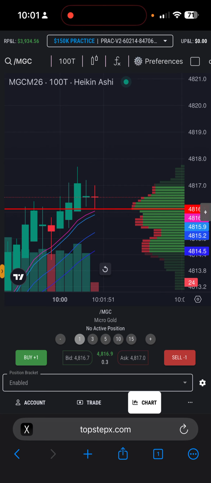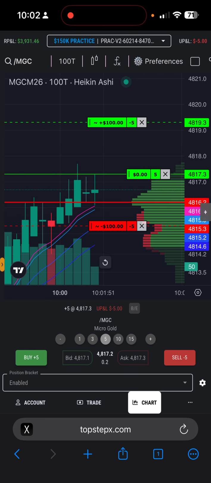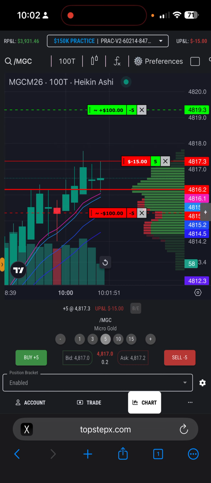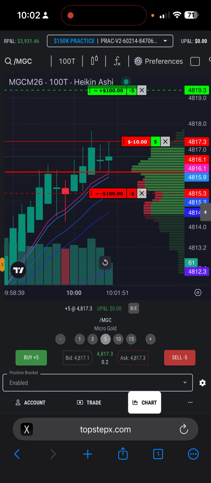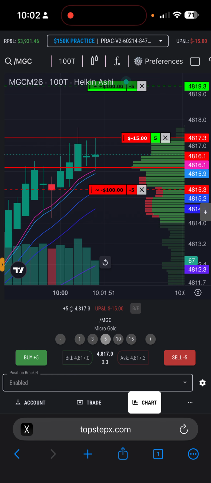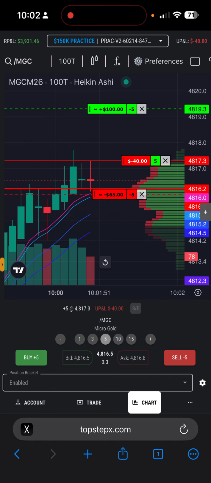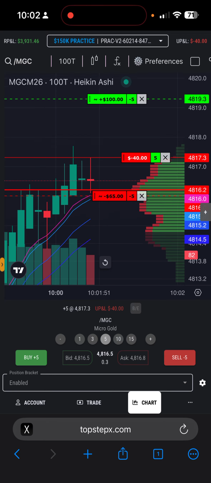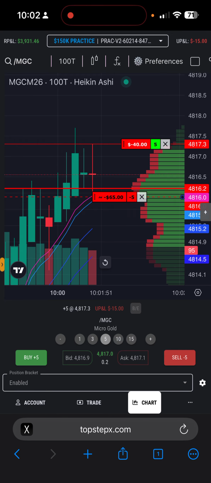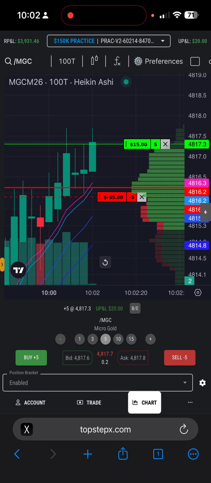Here's the thing though. So we'll take 5 this time. Boom. Order filled. We get a bounce, so that's cool. This will be our swing low right here. Trying to move this stop loss up. Okay, stop loss $65, take profit $100. And actually, yeah. Okay, boom.